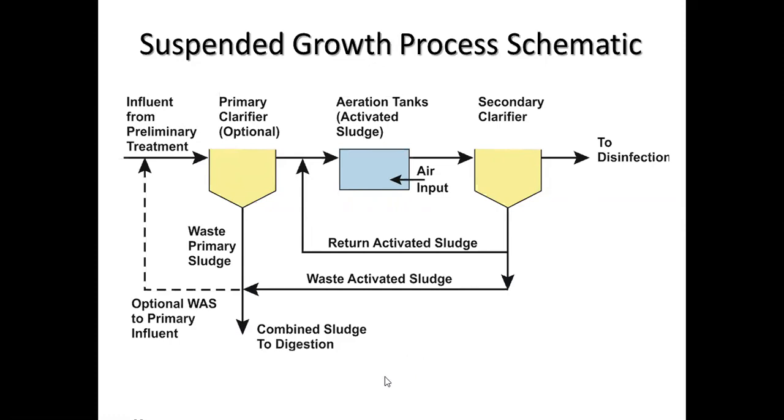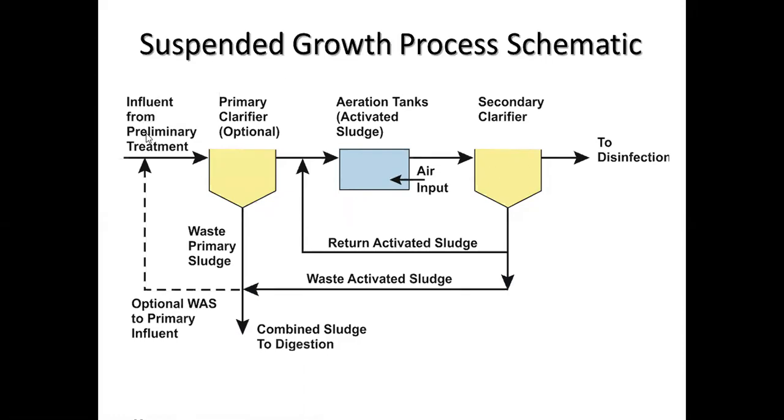And another growth process is the attached growth process. For the attached growth process, they need some type of supporting media on which they can grow. They need to have some support on which they will survive. That is known as the attached growth process. The attached growth process we will observe in a trickling filter, and the suspended growth process we will observe in another type, that is the activated sludge process. So this activated sludge process I will start explaining.